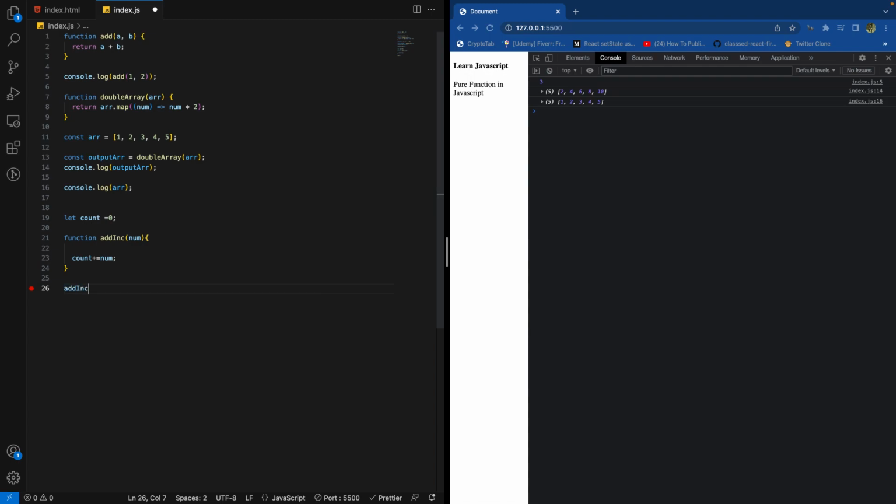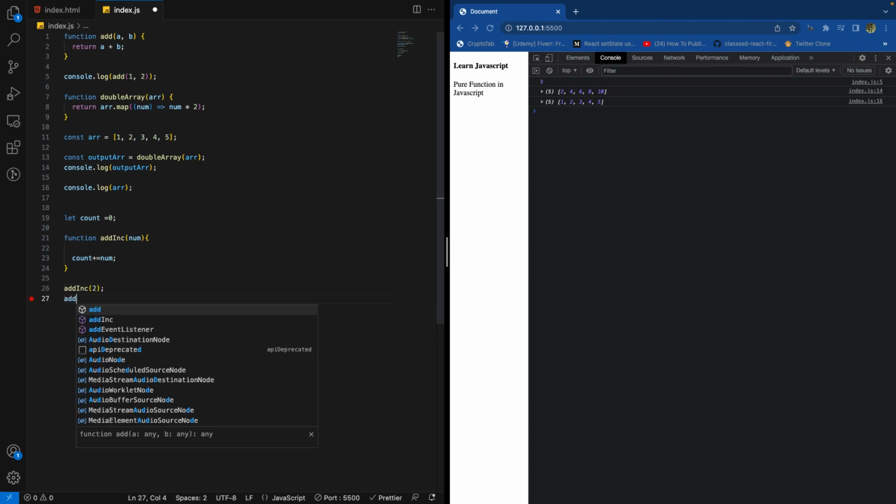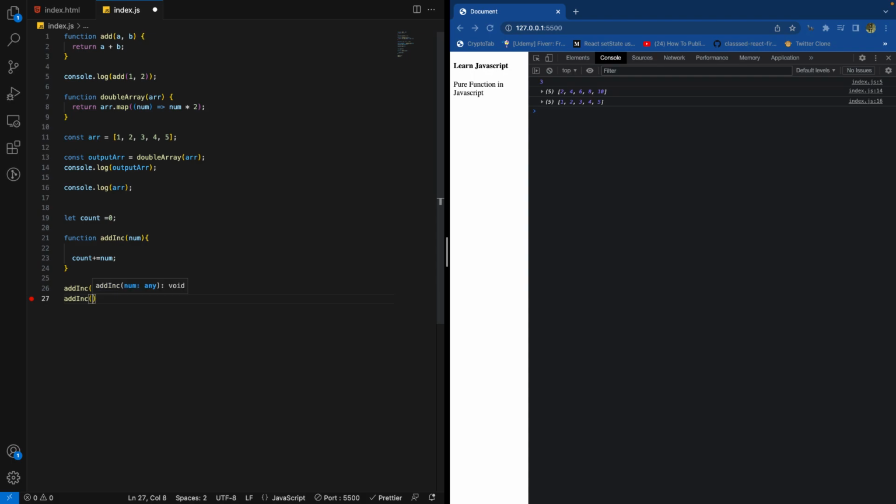Then increment count 2, increment count 4,